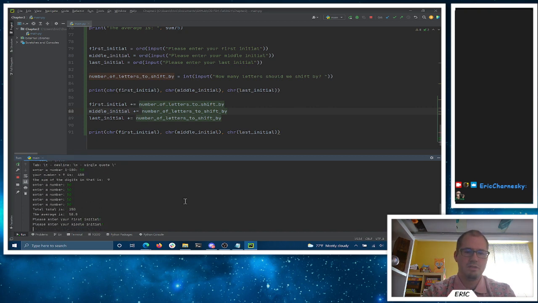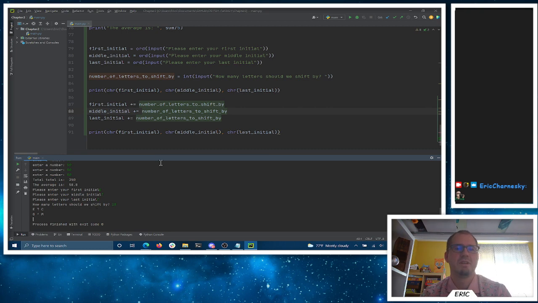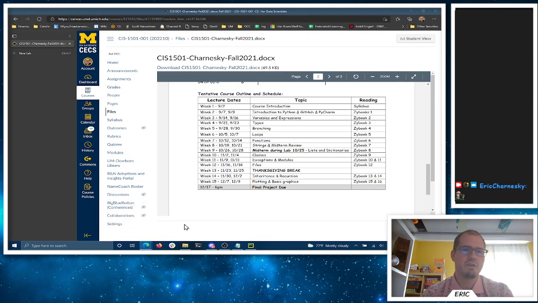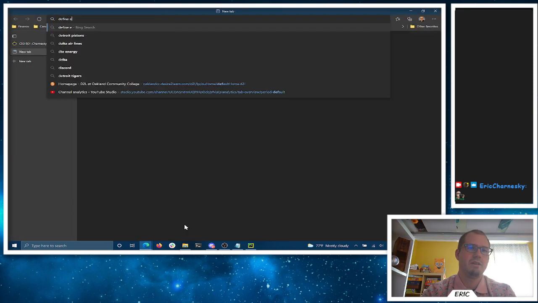All right, so E, T, and C. If I shift by 10, you see the T turns into something super weird. It'd be nice to have it wrap back around, but it's okay. We haven't got there yet. So we can see we can shift by a variable amount by asking the user how far we should shift. It's kind of fun. We can translate letters one to another, do some sort of encoding, right? Not encryption, but encoding. I'm pretty sure it's the wrong technical term for it. Let's define encryption.